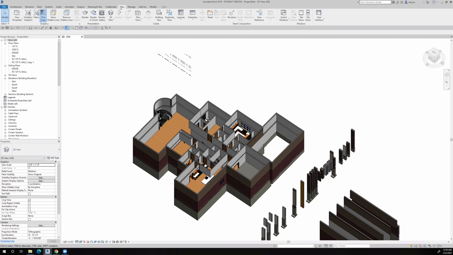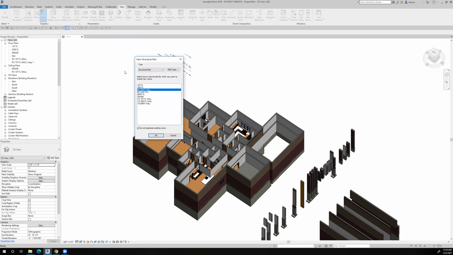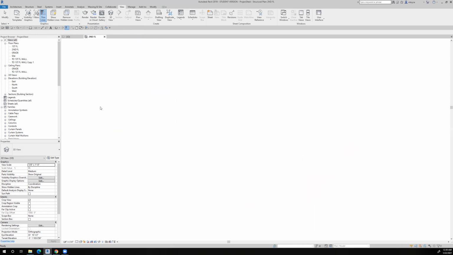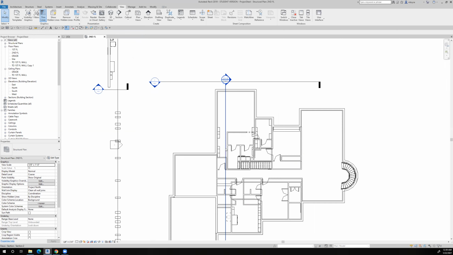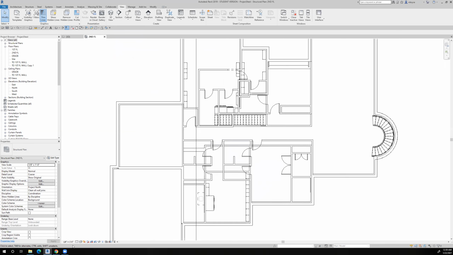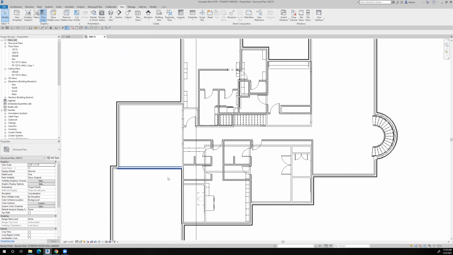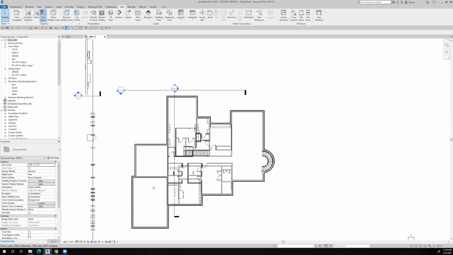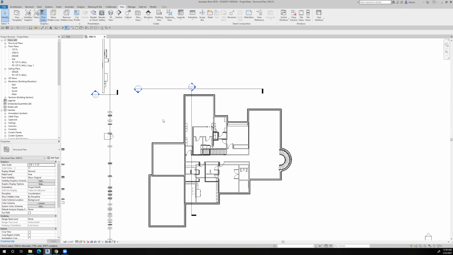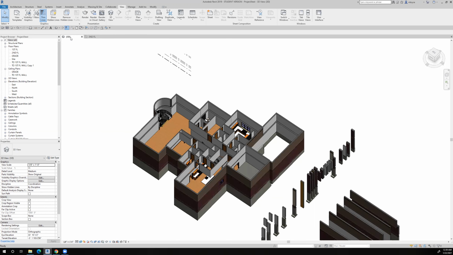We go to the View tab, we go over to Plan Views, and we go to Structural Plan. And now I want to have a first and a second floor structural plan. So now I have my first floor structural plan here. Change the resolution to fine. And now if we go back to our 3D,